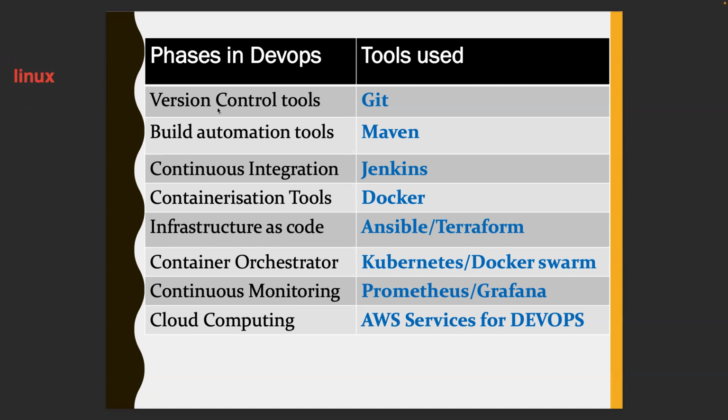I just want to mention here, we definitely need a Linux environment to learn these tools. In this course, we'll be covering Linux basics as well, so if anyone is from a Windows environment, this will help you. We'll cover Linux from the basics so that you can set up your environment and work on it. Here we'll be working on the AWS environment by creating a free account. You will also get on-prem knowledge on how to create a Kubernetes cluster on-prem, and how to work with on-prem clusters. Then we'll move into EKS.